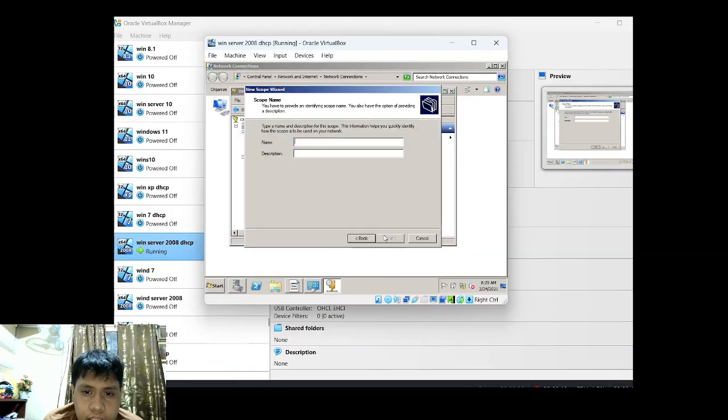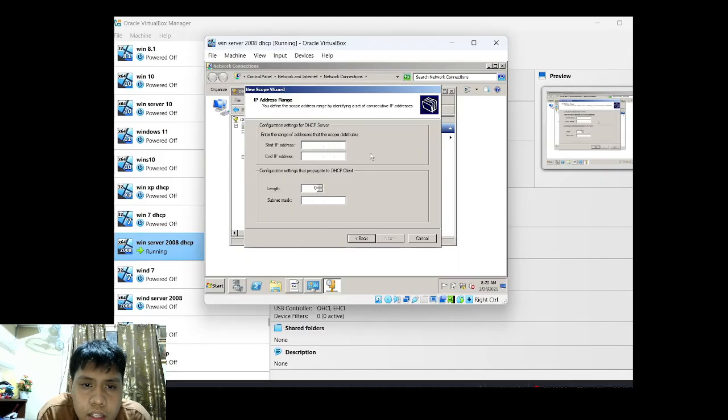new scope again, then the name is class B. Set the IP address to 172.16.0.1 to 172.16.0.126, then 255.255.255.128.